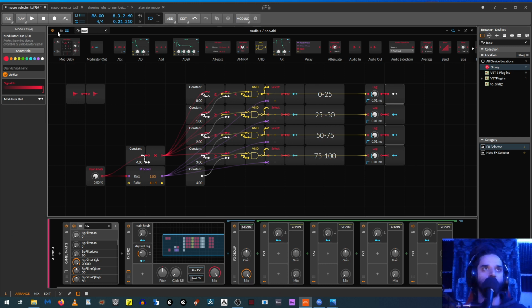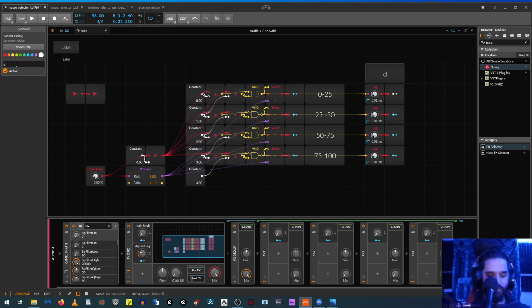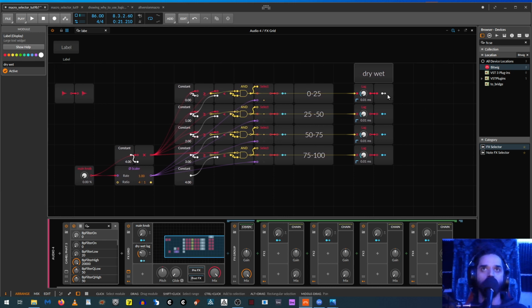I'm going to put a label over here just so we know what this is. Let's call this dry wet. Okay. And now let's assign these to the mix. And so now, basically, what we have is just a really roundabout way of making an effect selector with these knobs for